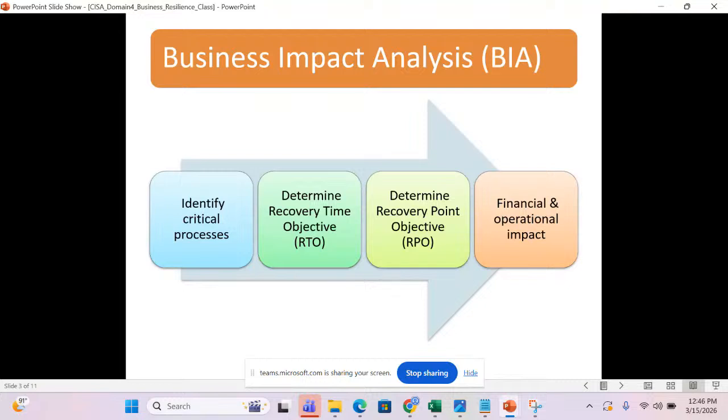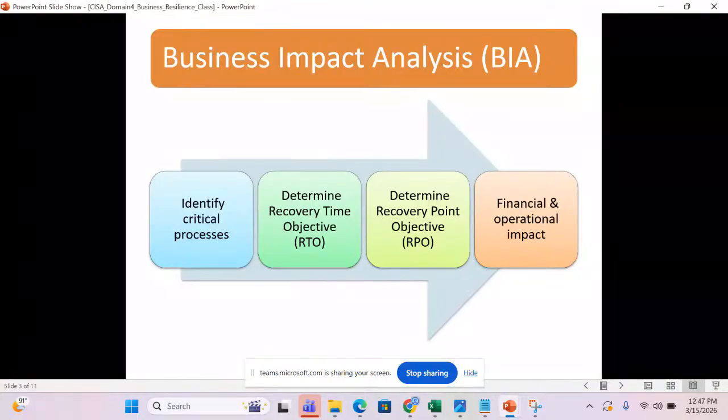So for each of those critical processes, you now start saying, okay, let's say that in our bank, for instance, what we make in a day is 100 million naira. So I'm asking, if this system goes down today, how much are we going to lose? If the system goes down for 6 hours, and we are making 100 million, 100 million means 24 hours. So what I would say is 6 divided by 24 times 100 million. So that is the financial impact that this particular